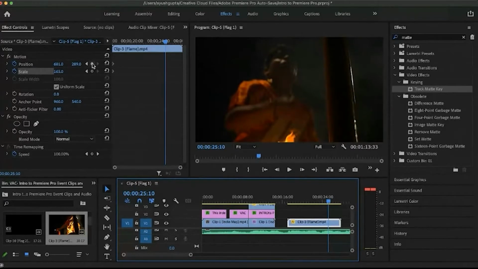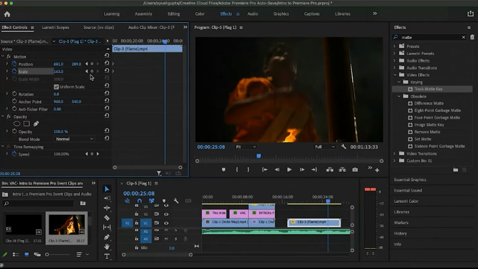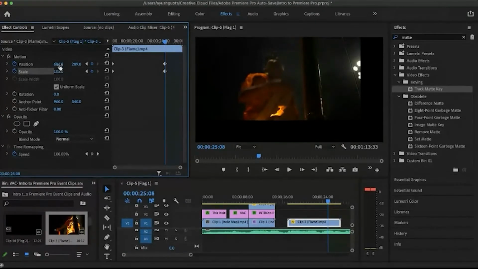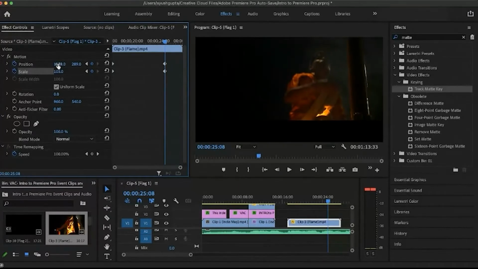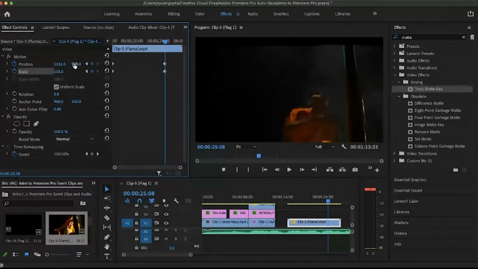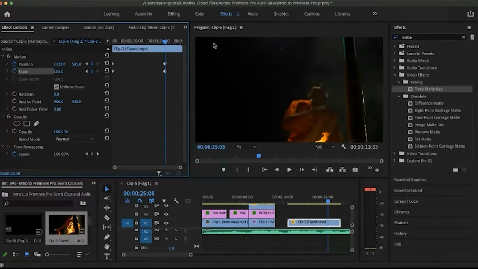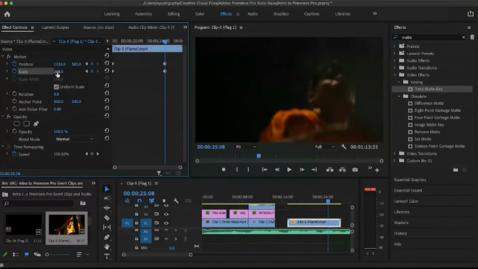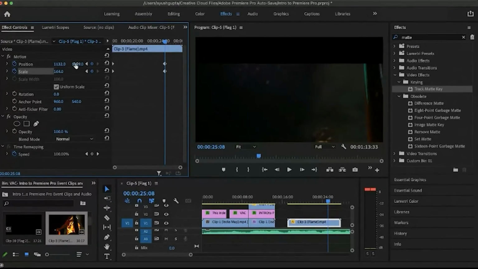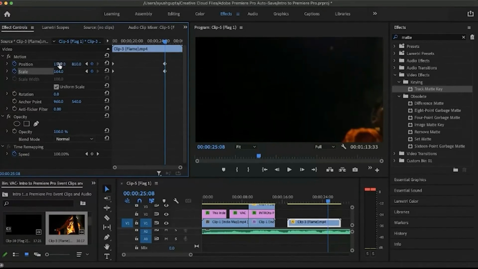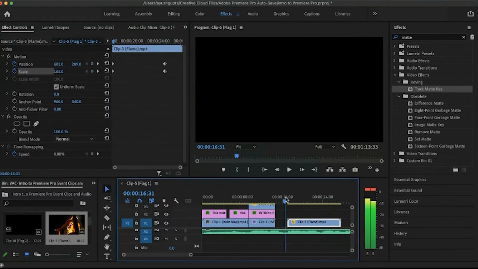So we'll move the timestamp to this required time. Click on add and remove keyframes and then increase the scale and then try to find a dark part in the video. This is the part which is dark and you can see it. So I'll zoom on it, fill the whole screen with that part. Now we'll try to play and see if it works.